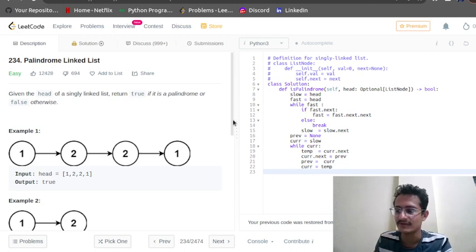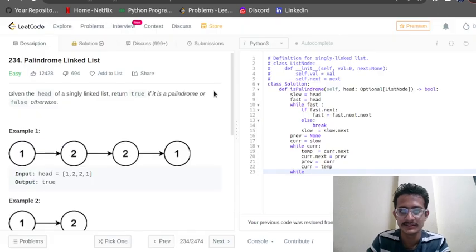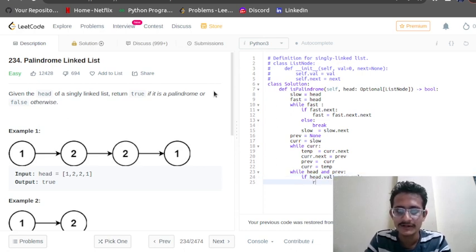So we have got the first point and we have got the previous point. Now what we need to do is a while loop on head and previous, since we have both. We check if head dot value is not equal to previous dot value. If they are not equal, we will directly return false.